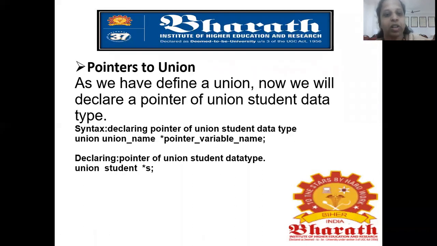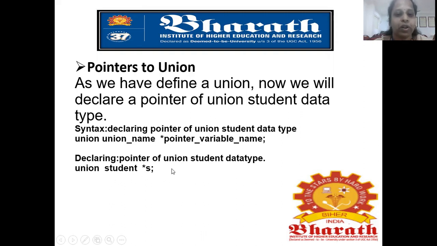So next is pointers to union. Pointers to union is nothing but we are going to use a pointer to a union. The syntax for this is union student, then star. We know already that star, the asterisk, is the pointer operator which is used for a pointer variable.